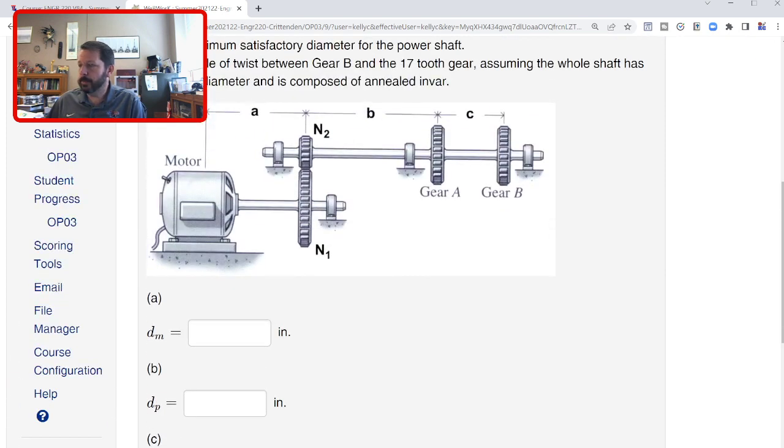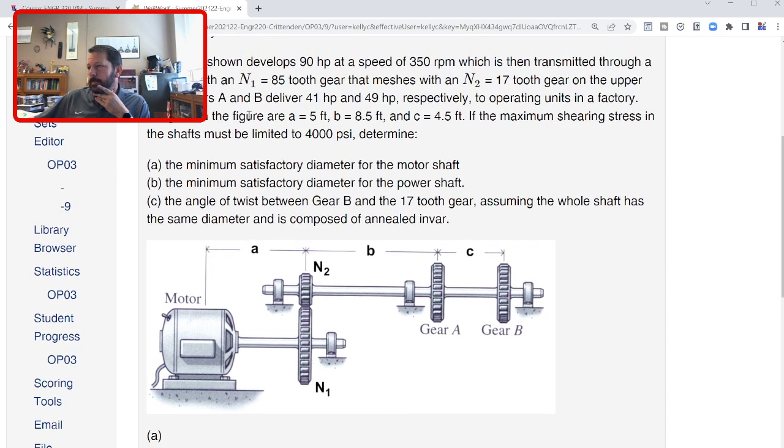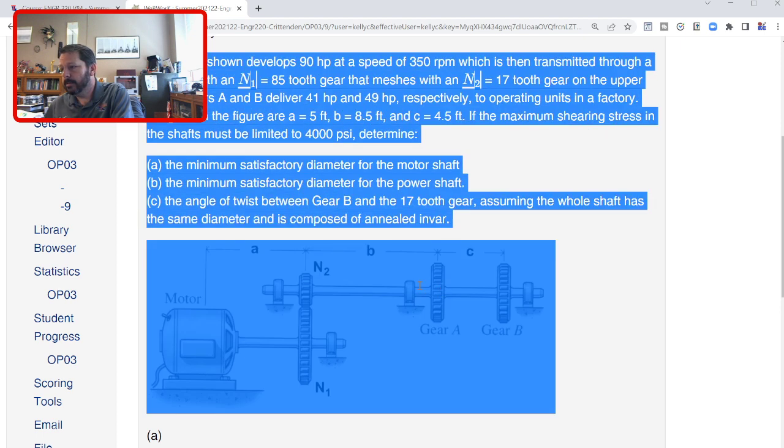We've seen this picture before, I think, but in a different problem. Let's see what it's asking about. So it's developing 90 horsepower. This one's probably a good one to at least work through. It doesn't have any efficiency associated with it, but still, I think it's probably a good one to try and do. So let's grab this